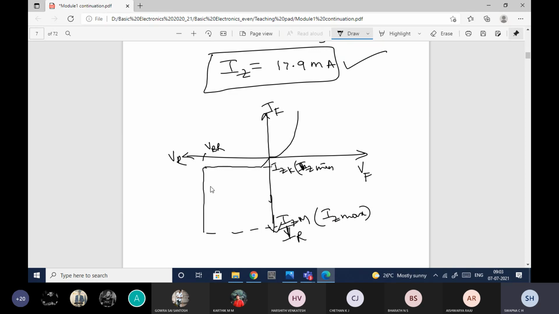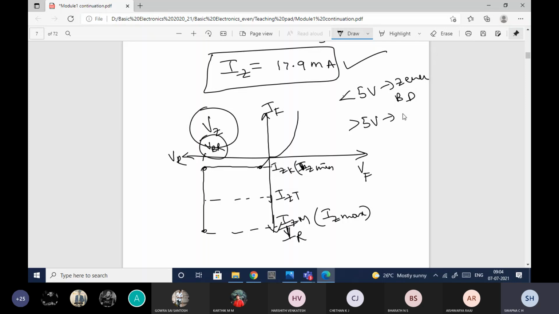If you want to find the breakdown voltage VBR of a Zener diode, we call it VZ. To find VZ, you give it an IZT current, which falls between IZK and IZ maximum, and you find the VZ. VZ is the breakdown voltage of your Zener diode, and the breakdown can be either Avalanche breakdown or Zener breakdown. Less than 5 volts, it is Zener breakdown. Greater than 5 volts, it is Avalanche breakdown.